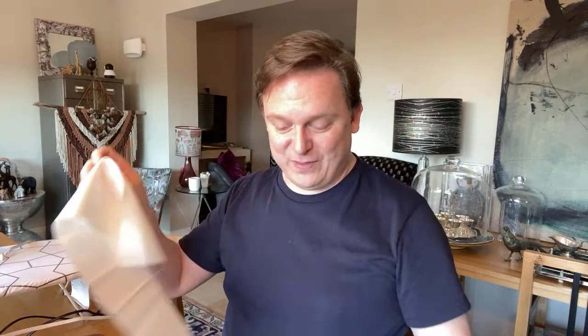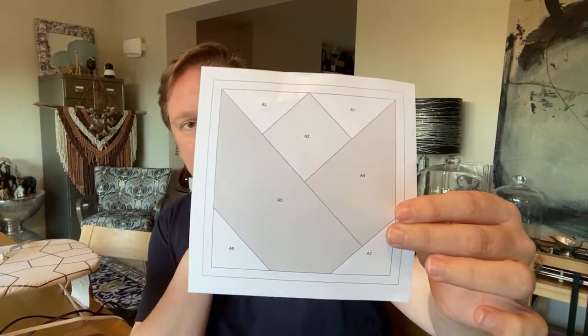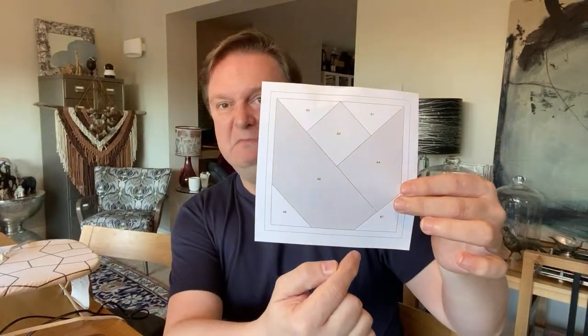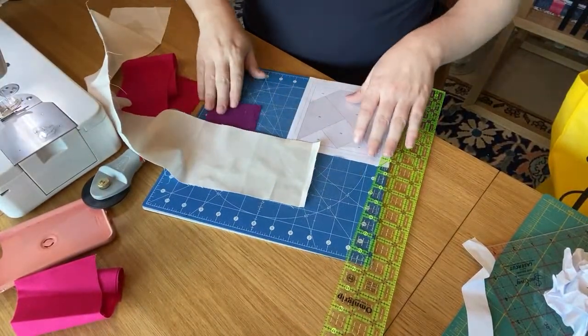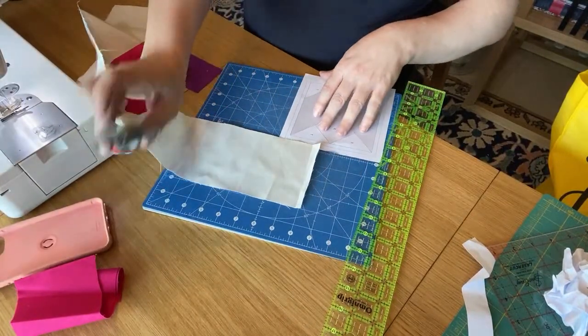And then we've got the cream for the background. Now, I always tell people, if you think this needs to be, say, 6 inches by 5 inches, make it 8 inches by 6 inches. The bigger it is, the better it is, because there is nothing worse than having to go and do these FPP pieces and then make an error. And when you make an error, you've then got to go and re-stitch it or